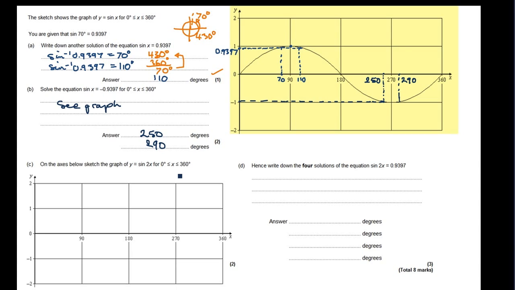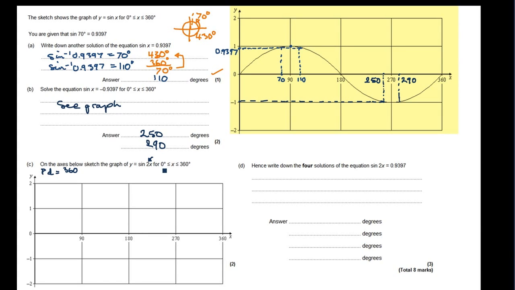And the very first thing we want to do if we spot that we've got a transformation here is check what the period is of that transformed function. Okay, so period, let's write it over here. Well, the period for a sine graph would normally be 360. But when you have a coefficient in front of the x here, then for every value of x that we're taking, for every angle that we're going to read off,